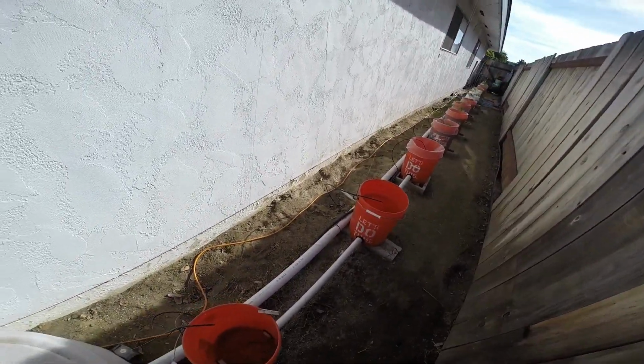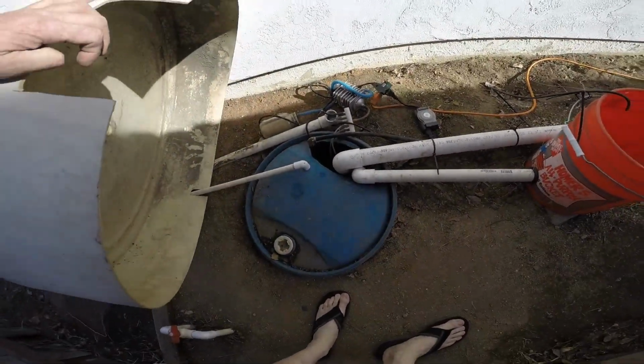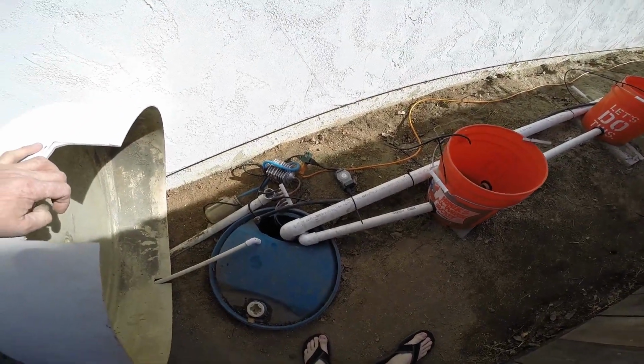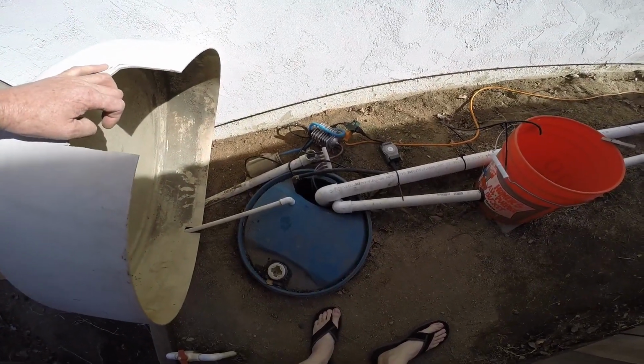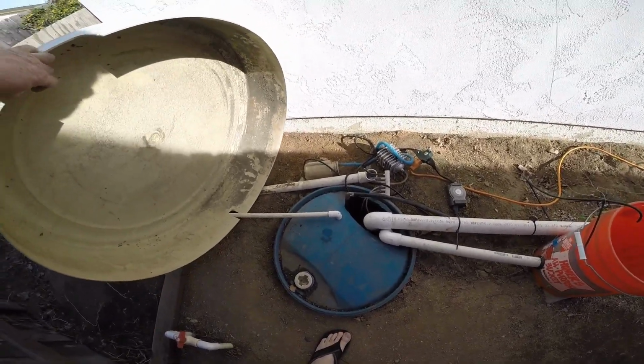We have a reservoir that I put into the ground. I did that instead of building a platform because it would be easier and cheaper, and it wasn't that big a deal to dig a hole deep enough for a 55-gallon drum. Inside